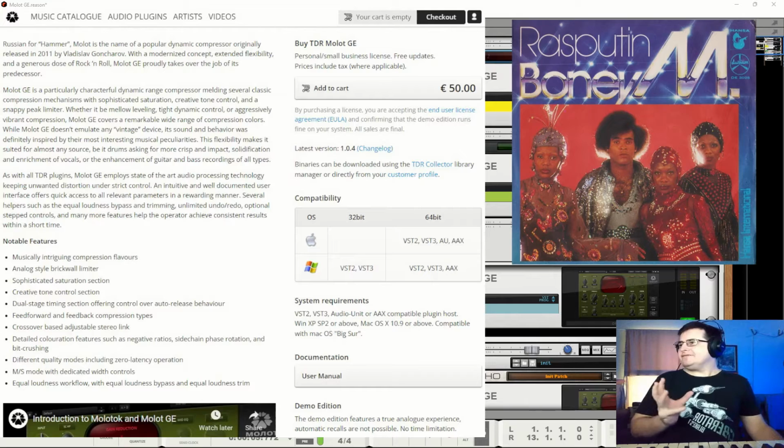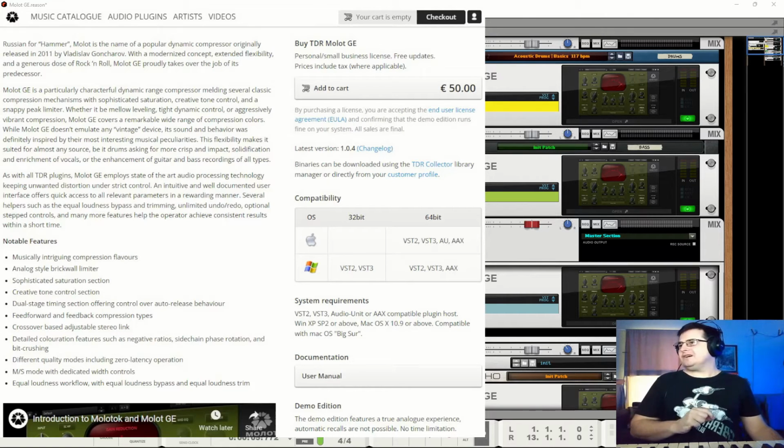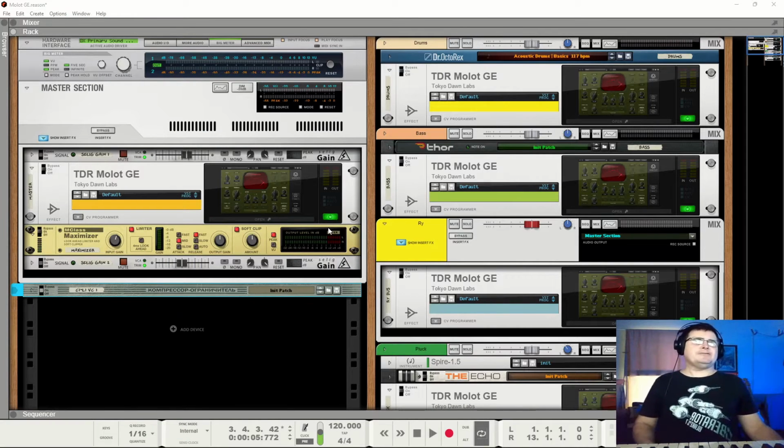It's a great device, but you are going to need to spend your time because it does have some sophisticated and creative options in there. It's not a clone of anything in particular. It takes certain kinds of behaviors from classic type devices. Classic simply because they're old and they use the technology of the time. Doesn't make them better, but there were some beautiful things that they would do if you knew how to use them. This has picked up some of those things and moves them forward. And like I keep saying, you need to know how to use it.